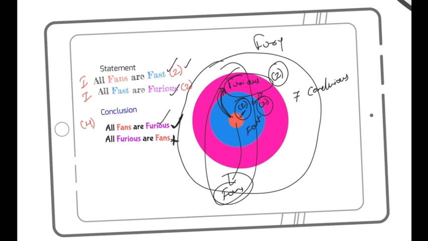Everything in Silox remains the same. It is just that they will try to complicate the problem by giving more and more statements and conclusions. But basically, the logic remains the same as what we studied with respect to type 5 of Silox. So remember the basics and you will always get the answers, even to one of the most complex